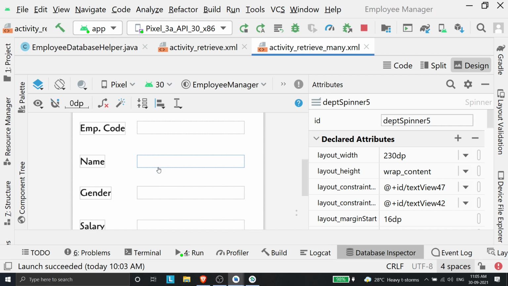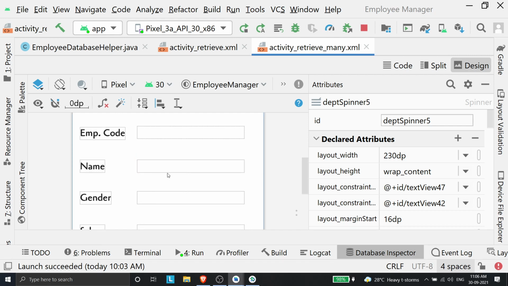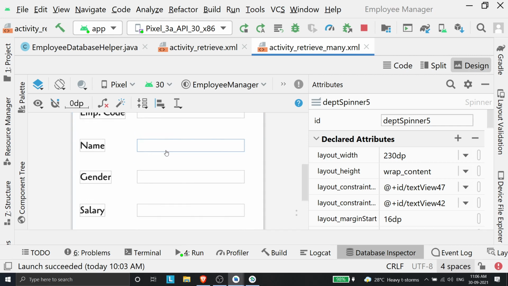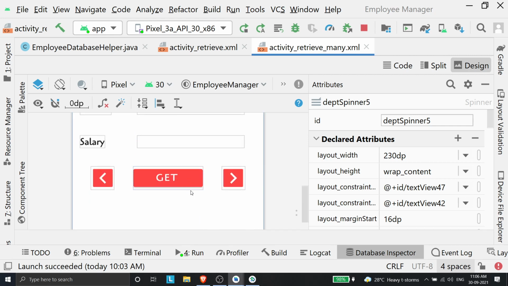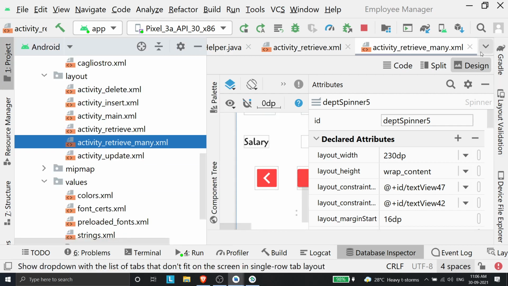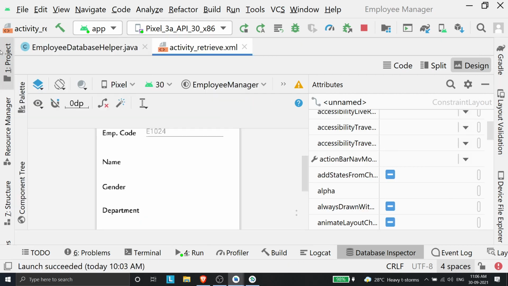Since now I put John Doe and James Doe in my management department, if I need to traverse them one by one, John Doe will appear first, and then after that, if I want to view James Doe, I need to move through the returned entries, right? So I'm having two buttons for it. This will move backwards by one record. This will move forward by one record. That's why I have two buttons for that purpose. And I'll explain the logic of how I did that a little bit later.